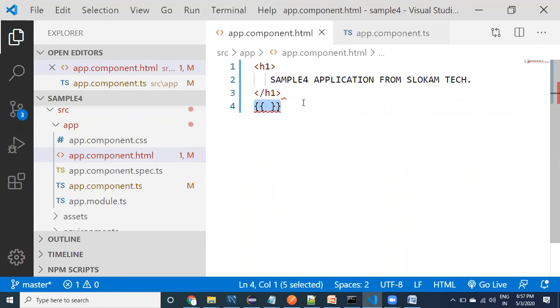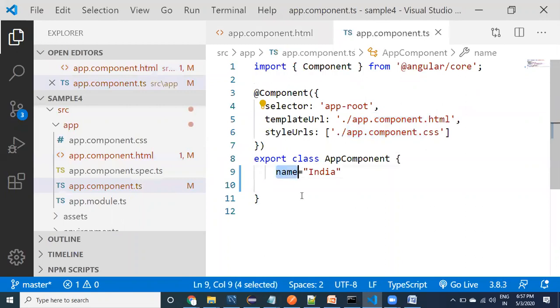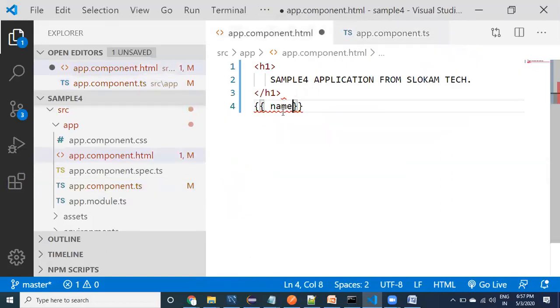If you write this code in normal HTML, it is not going to work. Within Angular HTML, you can write this kind of code. What is the property name? The property name itself, name. In the component I have declared the name property, right? So you can come here and use it. See here, guys, this is called interpolation, string interpolation. I'm going to give you more information about that. String interpolation. Okay, fine.